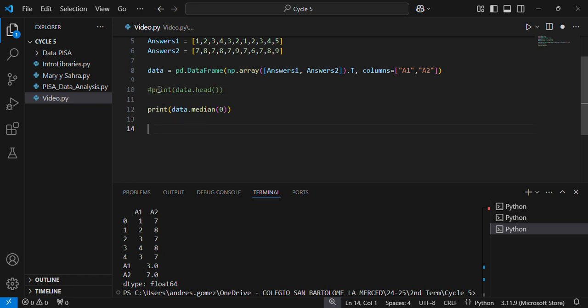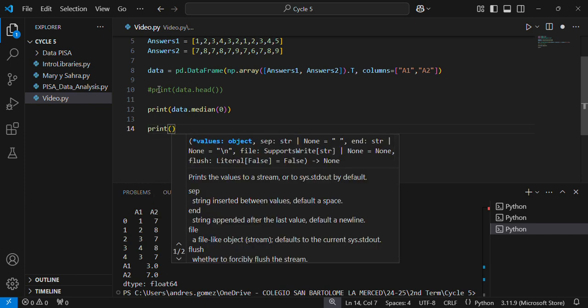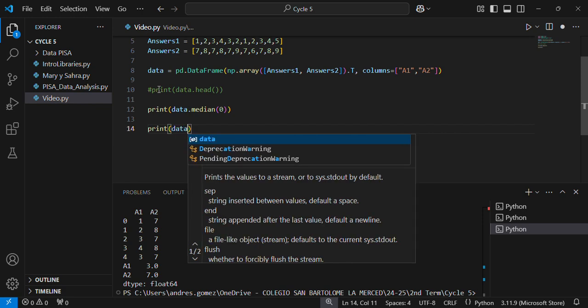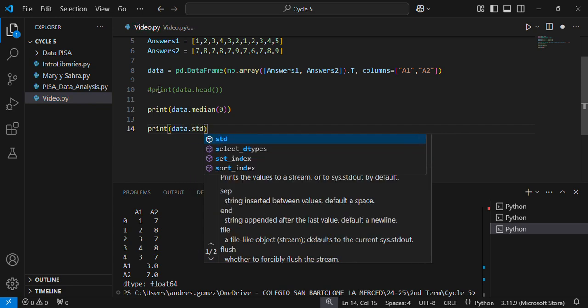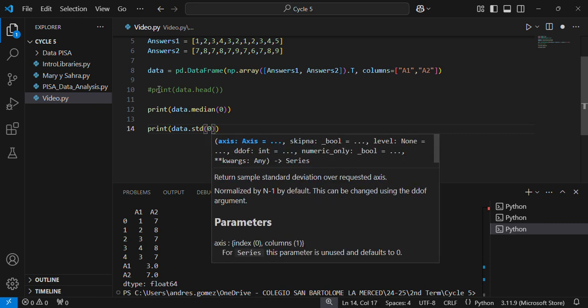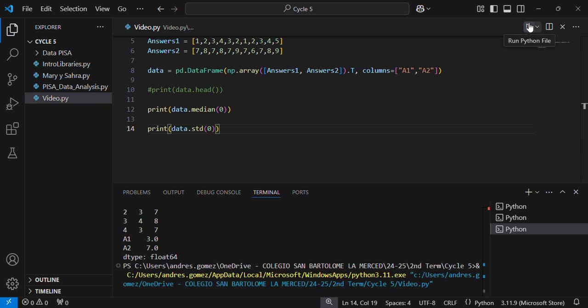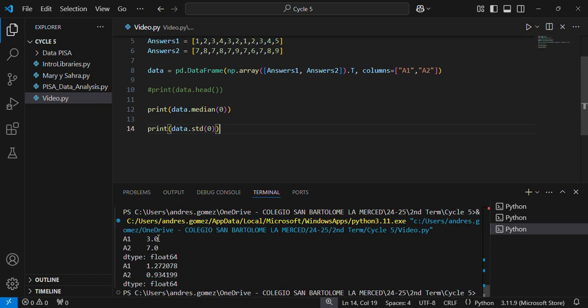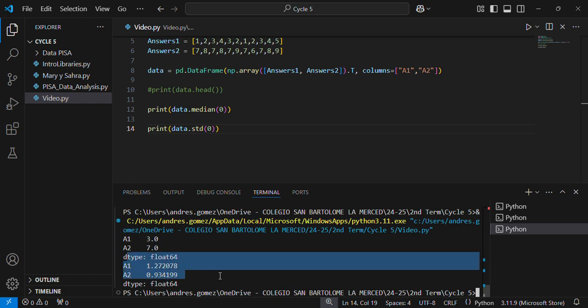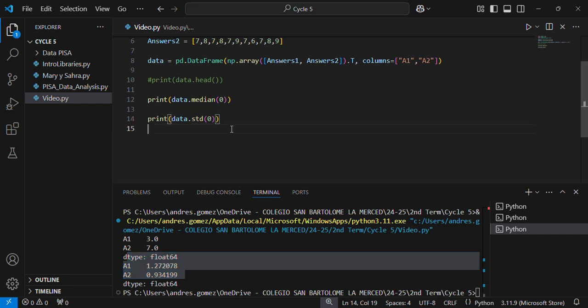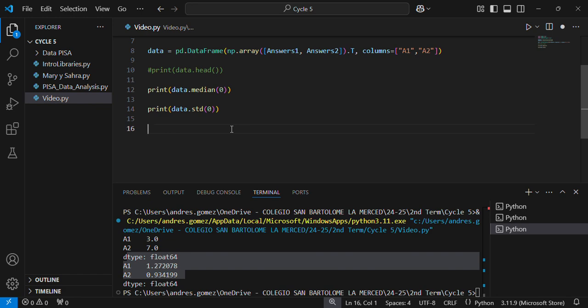So I'm going to put it as a comment, and I'm going to print, for example, the standard deviation, STD, of my data. I'm going to put 0 again so you can see it. I'm going to run again. Wait for a minute. So it shows us again the median because it's printing, and it shows you the standard deviation of answer 1 and answer 2. Okay, I can do this every time, but